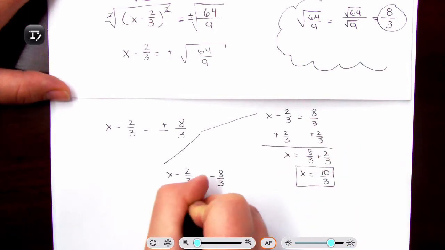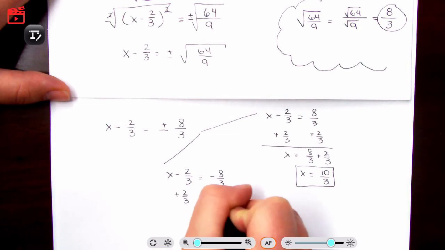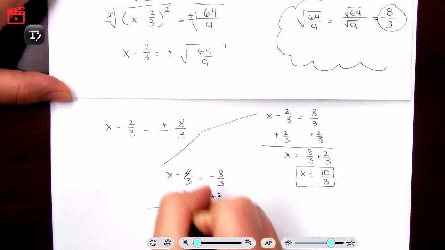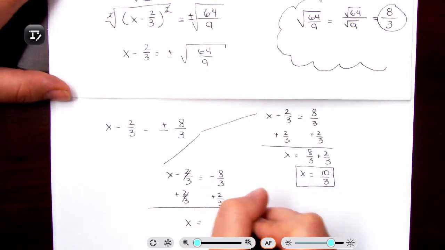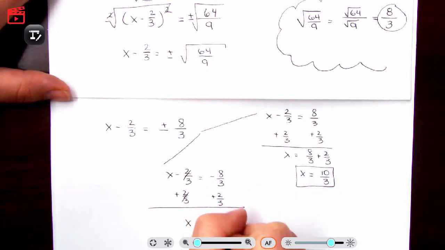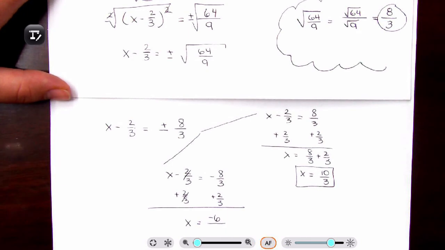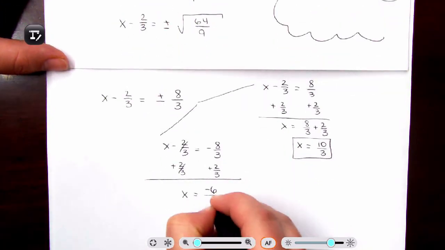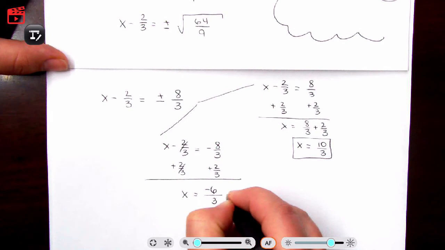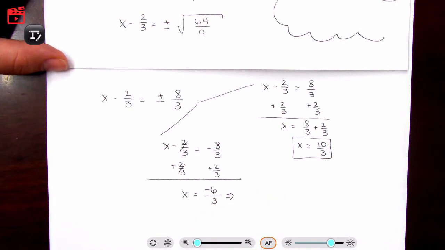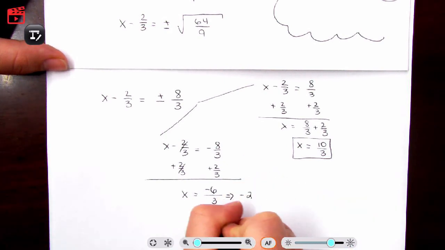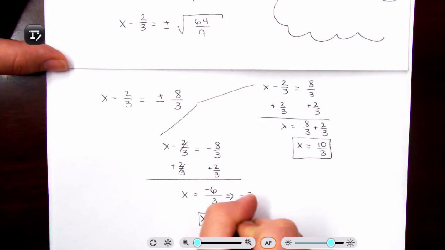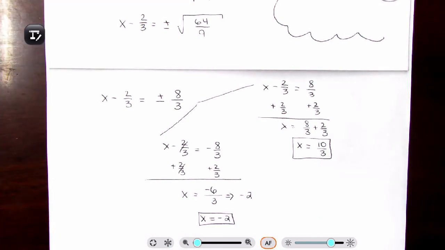Here I'm going to add 2/3 to both sides. x is equal to 2, 3, 4, 5, 6, 7, 8. So that's 6. I like to count upwards when I'm dealing with a positive and a negative. So here's 6, and my denominator stays the same as 3, but I'm doing even more of a happy dance because negative 6 divided by 3 is a negative 2. So I have x is equal to negative 2 as one of my answers, and x is equal to 10/3 as my